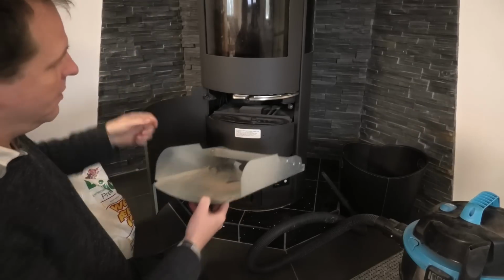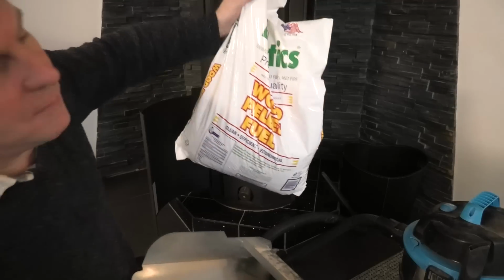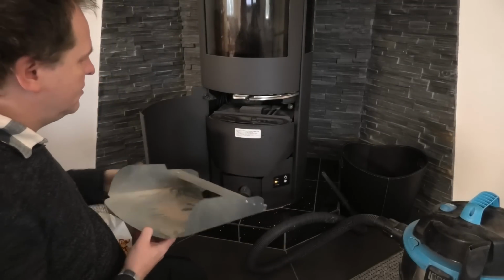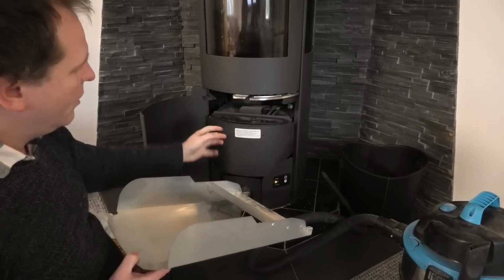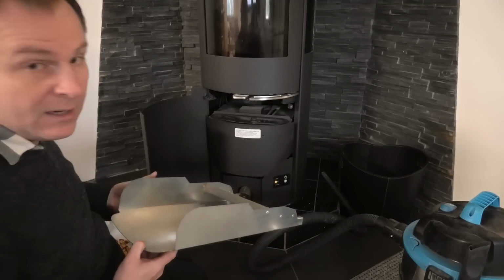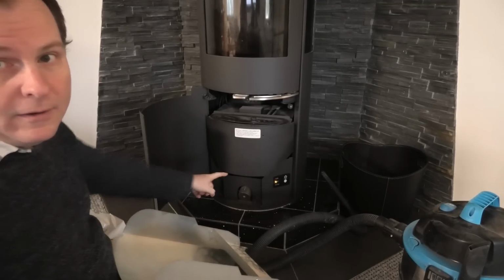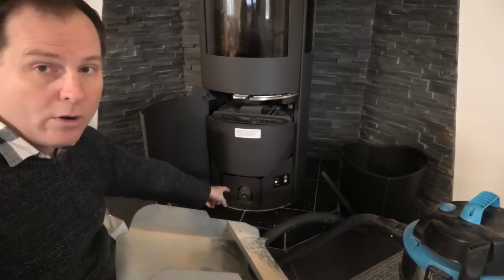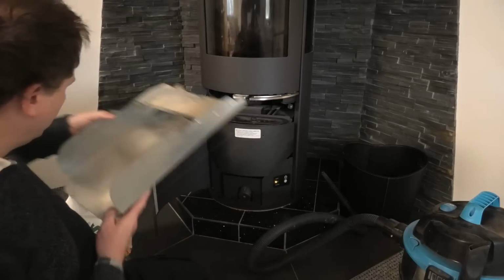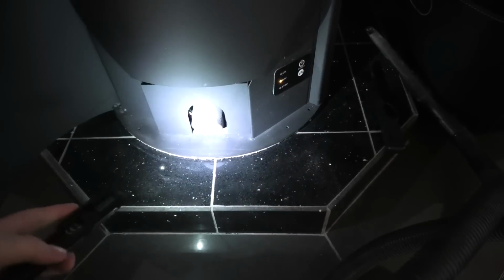I'm putting in pellets in my pellet burner. This bag that was about to fall over a little bit ago, I have been cleaning it because there's a snail down there, and once in a while you have to suck up all the loose bits down there. I need to see what you see. Okay, there is the motor for the snail, and well, we could actually point the camera down there, and you don't have to imagine it. Okay, there is the motor, and